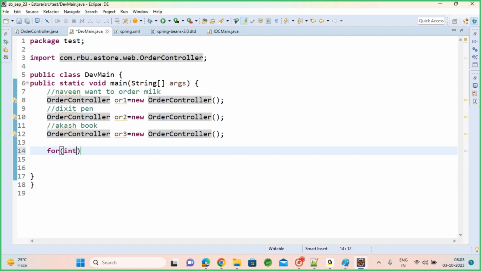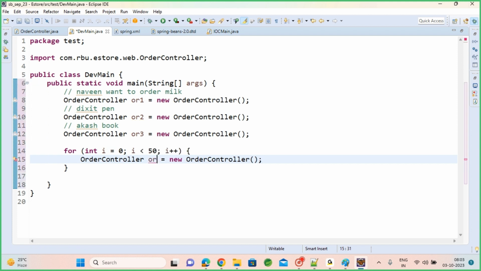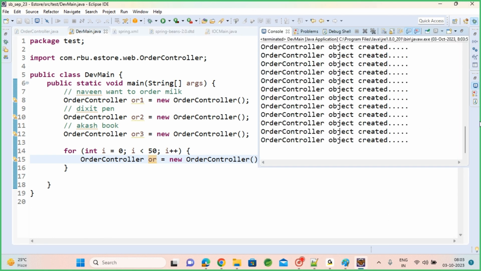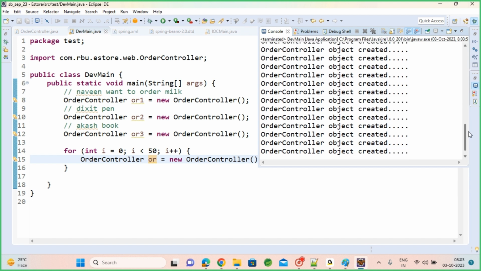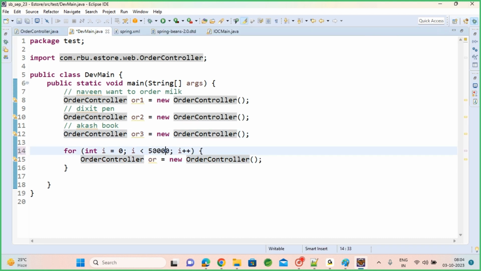Let's imagine for int i equal to 0, i less than 50, i plus plus. If I put the same statement, let's think 50 more users are coming in. For them, I want to create objects. When I use new keyword, see this many objects got created. First 3 plus, then next 50. 53 objects created. If this count increases to 5 lakh or 50 lakh,